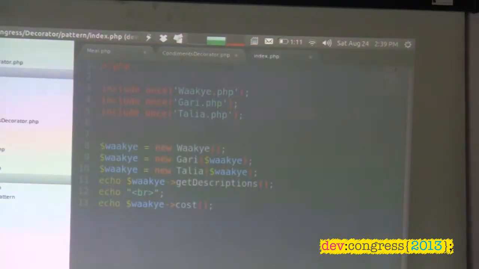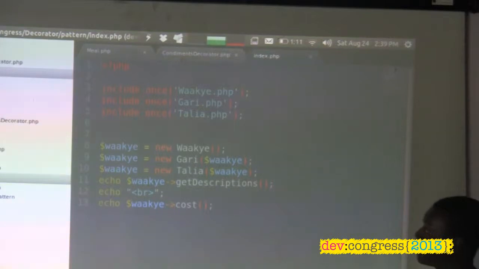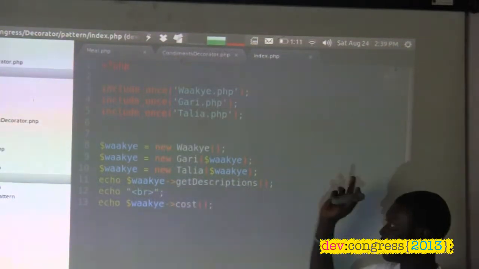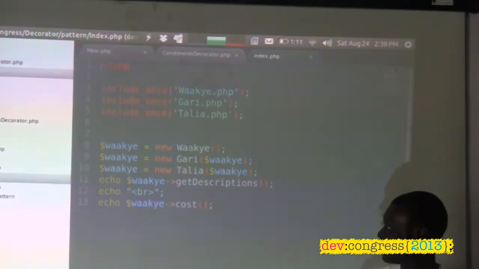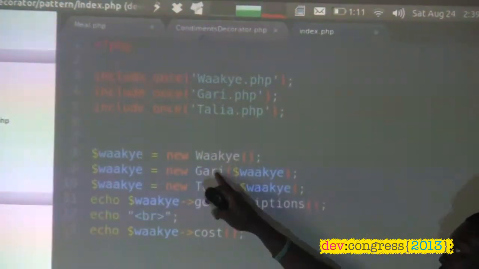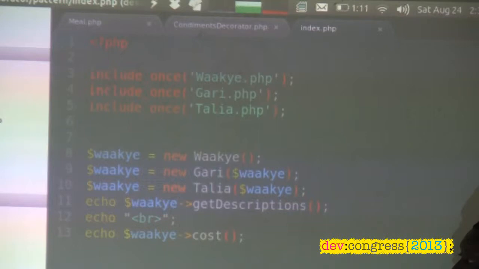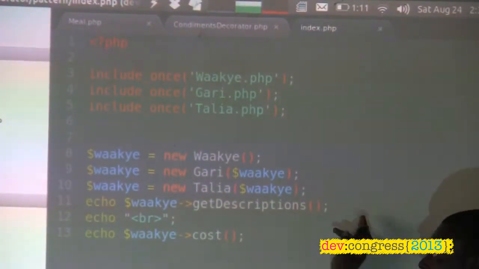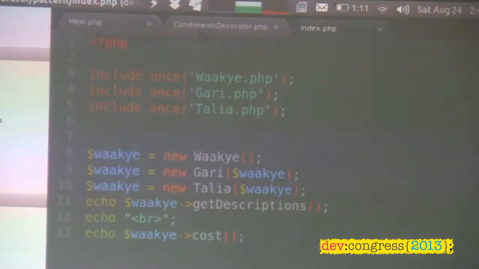So this is how it looks when you're implementing. All you have to do is create a new wache class, right? Or instantiate a new wache object, and then you decorate the wache with a Gary object, and you decorate it with a Talia object. And in each of these classes,